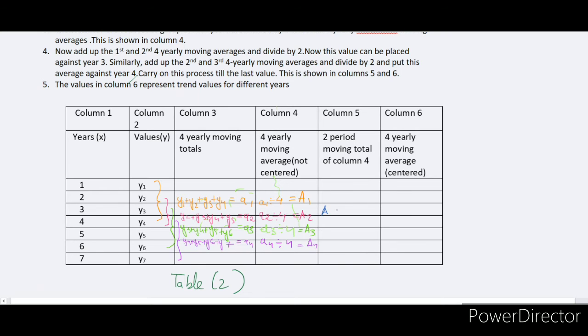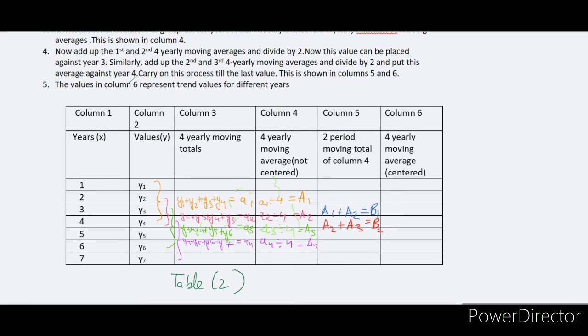So A1 plus A2 will be over here. Let's say it equals B1. Then the next group, or the second and third 4 yearly moving averages, which are not centered. So A2, A3 now, and this will be placed against the fourth year, in between this and this. So we have A2, A3, let us say it equals